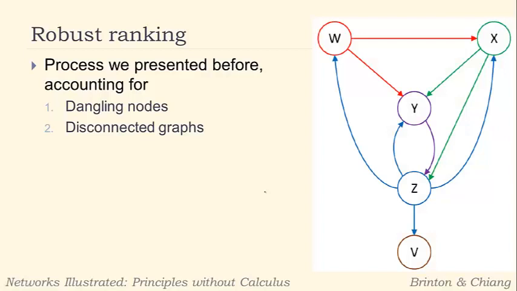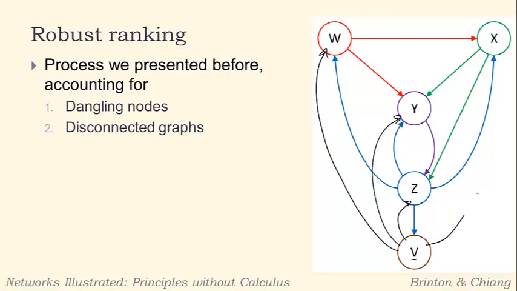So if we take this graph again just for a second, and just to illustrate exactly how that calculation would go with PageRank, the first thing we notice again is that V is a dangling node down here. So what we would do is we would assume that there's a link coming up here, there's a link here, there's a link to this guy, and there's a link to X, and then there's also a self node to V.